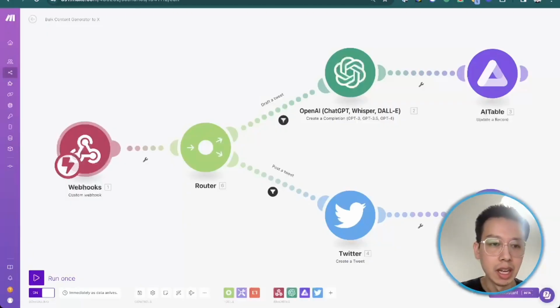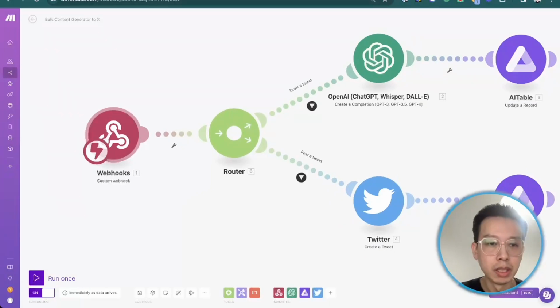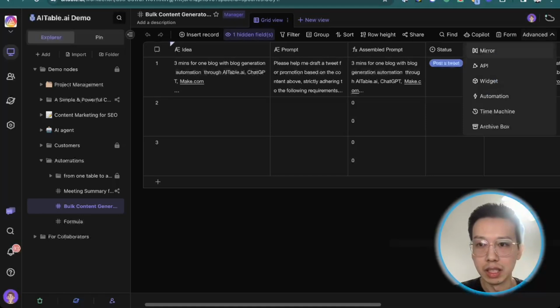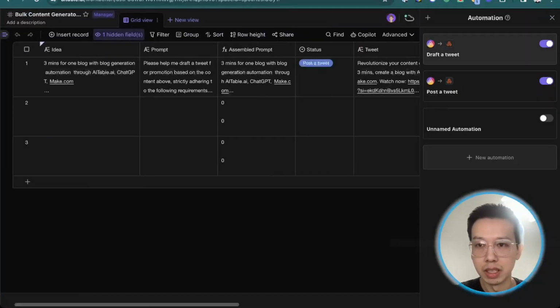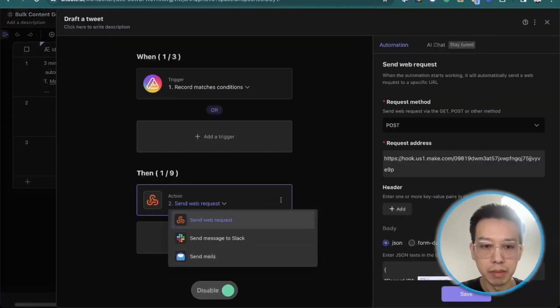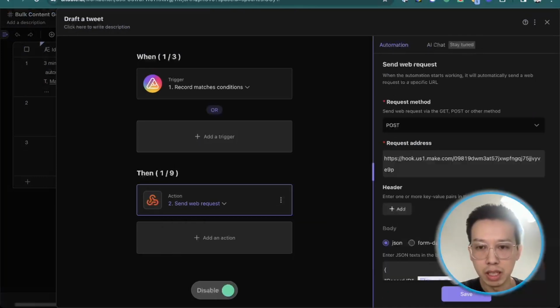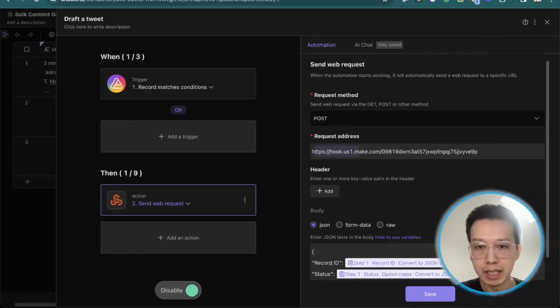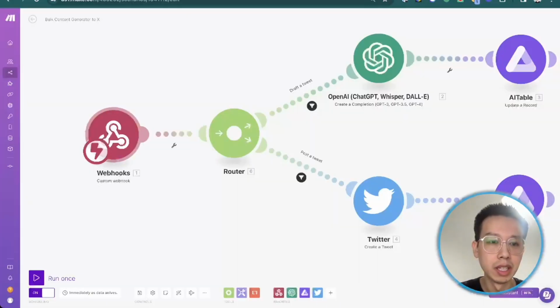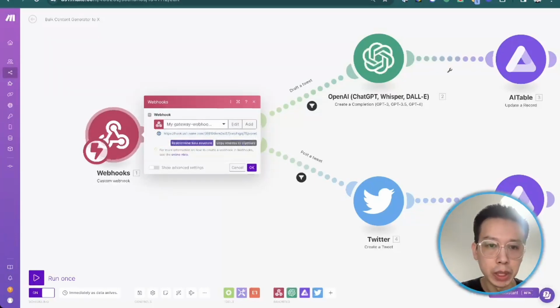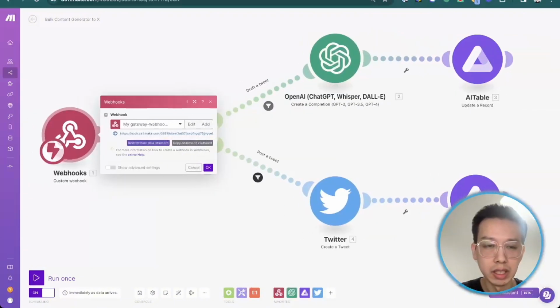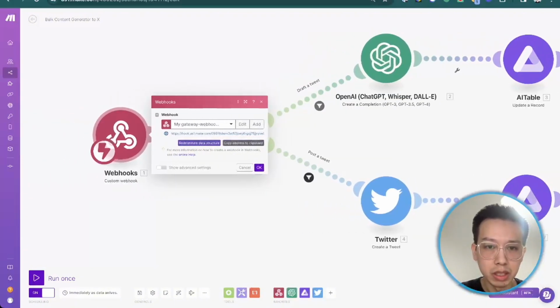I use make.com here. Firstly, you need to build a webhook. Use a webhook to receive the data. As you can see, the automation here, hide it. In the automation, we use the same web request, and we need to fill this blank request address. What kind of request address you need to tell it. When you see here, I have already built all the workflow here, and you copy the address to the clipboard and